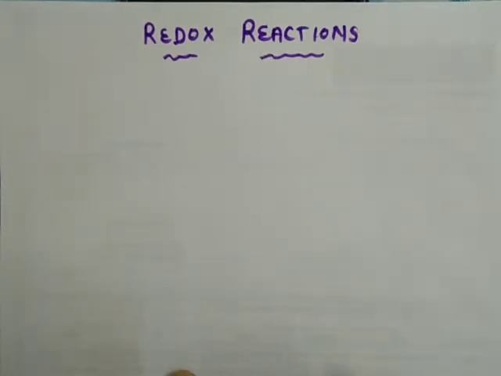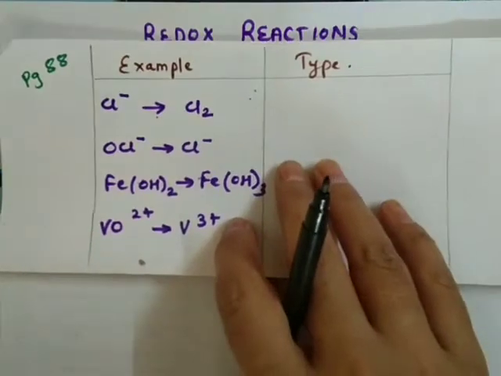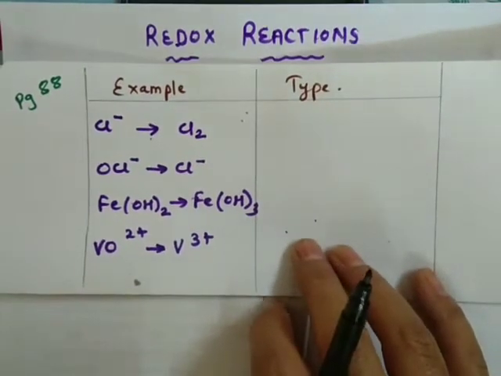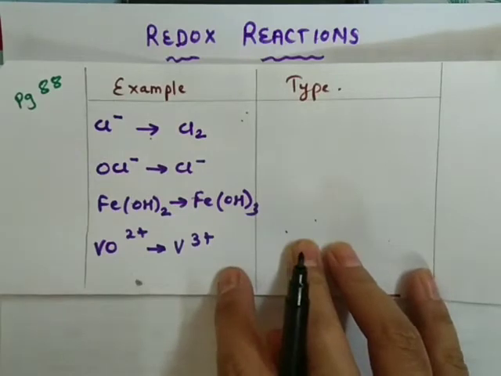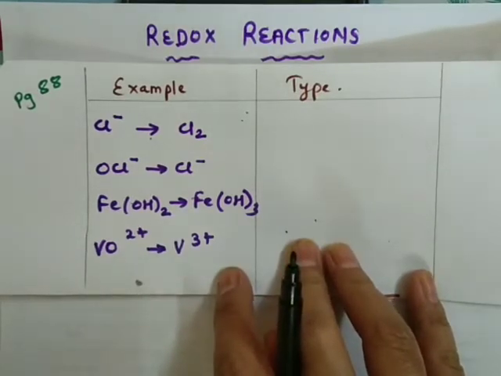and then we will try to understand how a redox reaction is used to generate electricity with the help of electrochemical cell. Okay, so let's come to the question which is given. See, on page number 88 you will find a table is given and the question is classify the following unbalanced half equations as oxidation and reduction. Means four half reactions are given, means either they are oxidation or reduction.